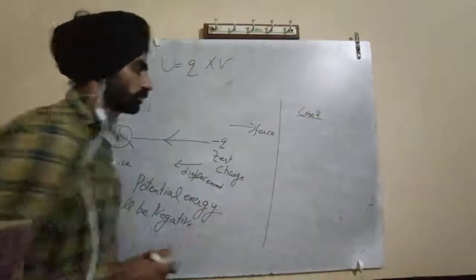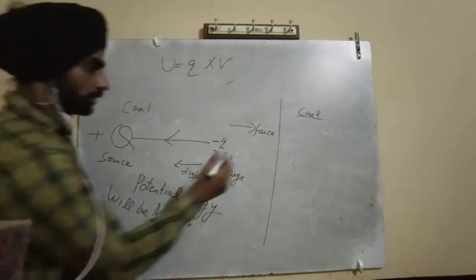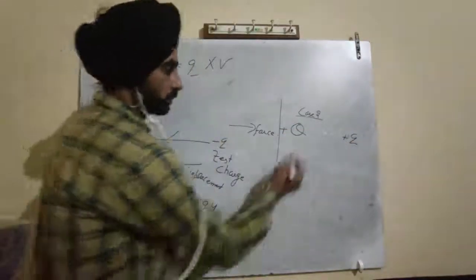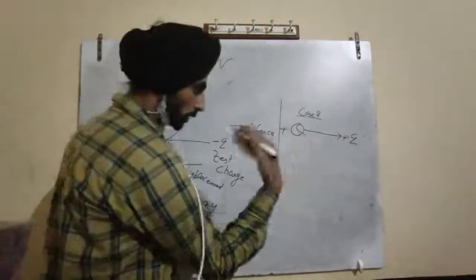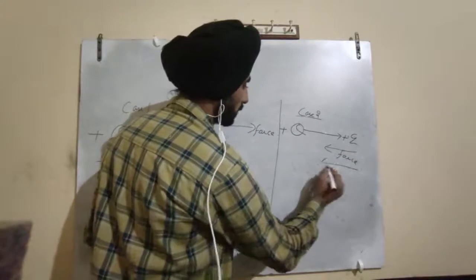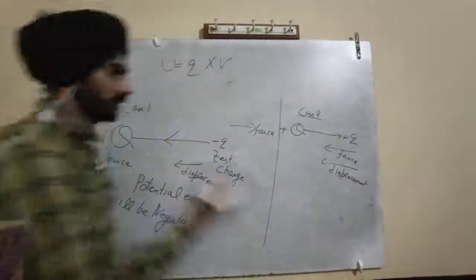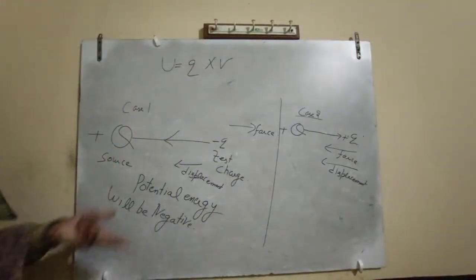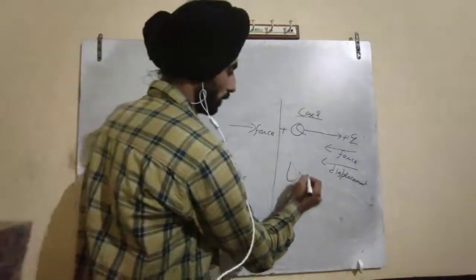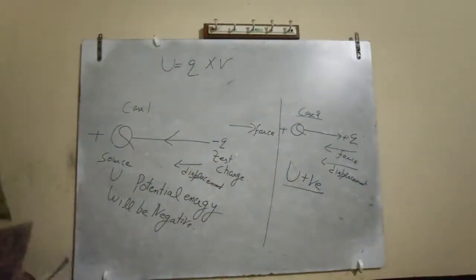केस नंबर 2. सो यहाँ पे सपोज सोर्स चार्ज इज पॉजिटिव एंड टेस्ट चार्ज इज ऑल्सो पॉजिटिव. ओके, इट विल रिपेल ना, सो यू विल अप्लाई फोर्स इन दिस डायरेक्शन, and displacement is also in this direction. Force in this direction, displacement in this direction, so work done will be positive and potential energy will also be positive. U will be positive and here U will be negative. Remember these two cases, okay,